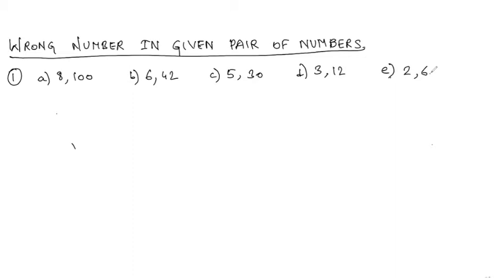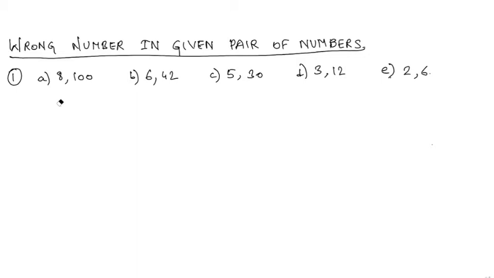Just see the question here. In all the options, you have two numbers, one number comma the second number. So it is a pair of numbers. This is how the question pattern is. Did you understand that much, everyone? Yes, ma'am. Okay, this is the question pattern. Each option has two numbers. After this, the next step is you should try to find out the relation between both the numbers.